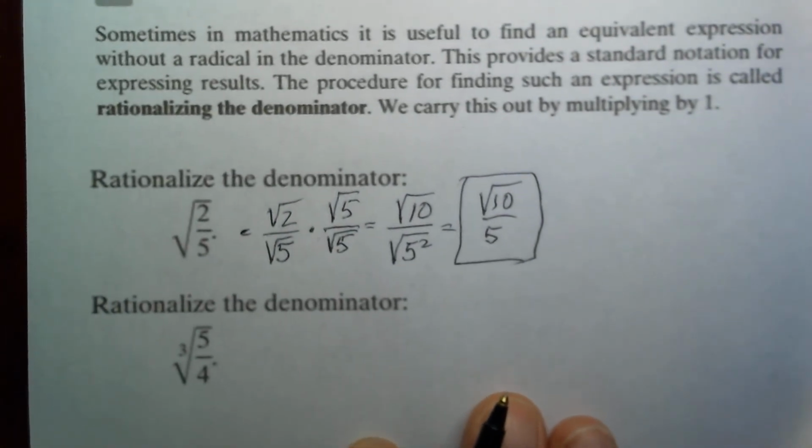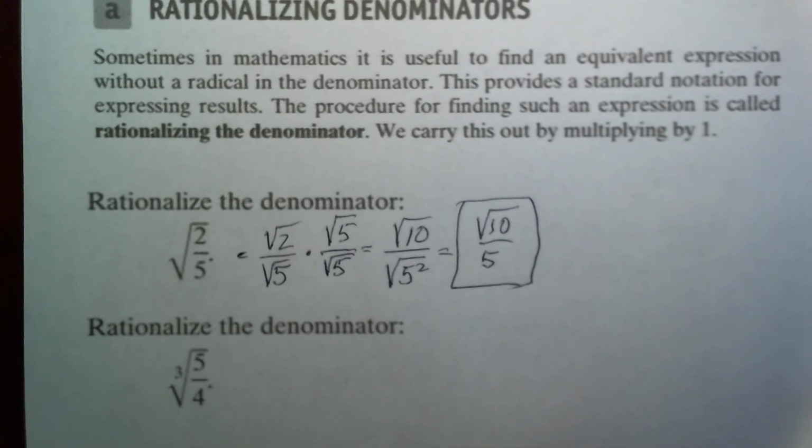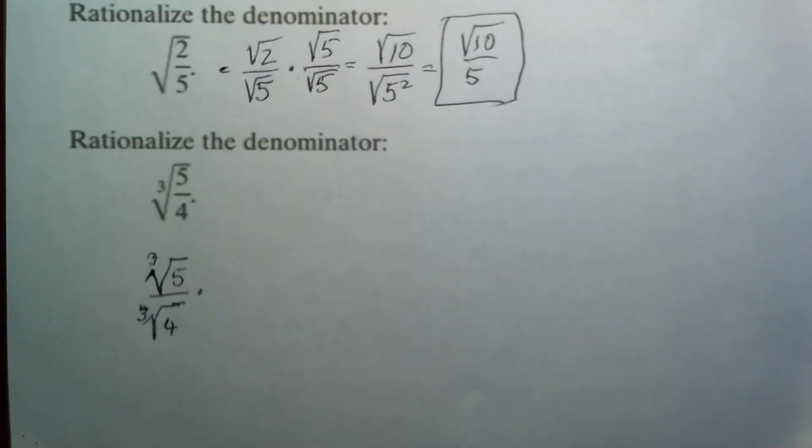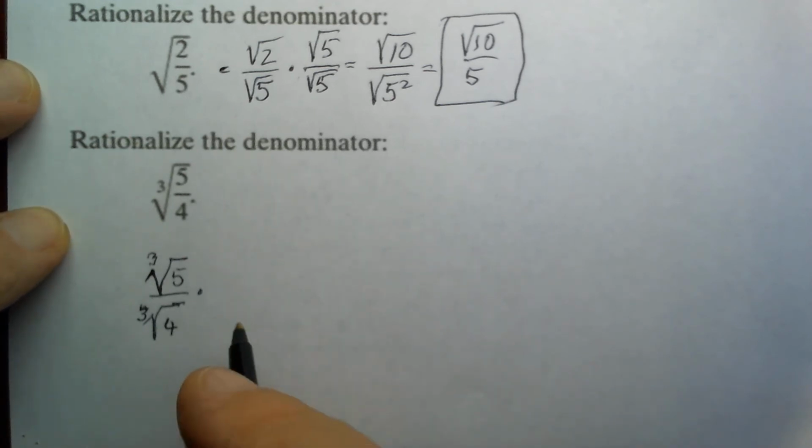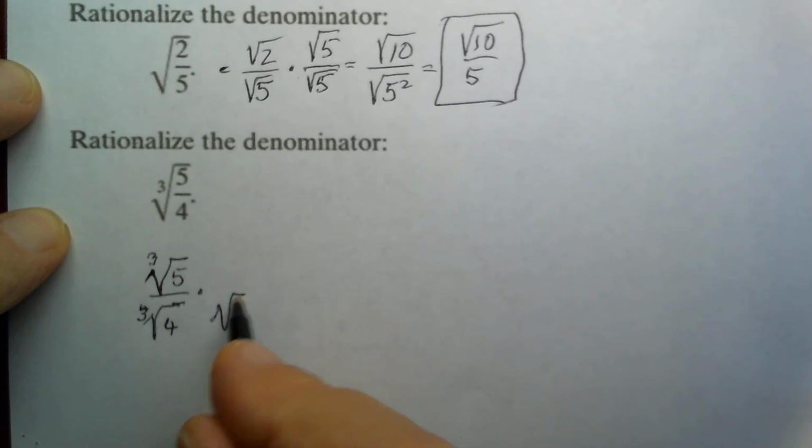In a similar way, we proceed when we have a third root. Again, we begin by rewriting the expression as a quotient of roots. Third root of 5 divided by third root of 4. And now the objective is to make the denominator a perfect cube. By multiplying the denominator by the cube root of 2, of course also in the numerator,